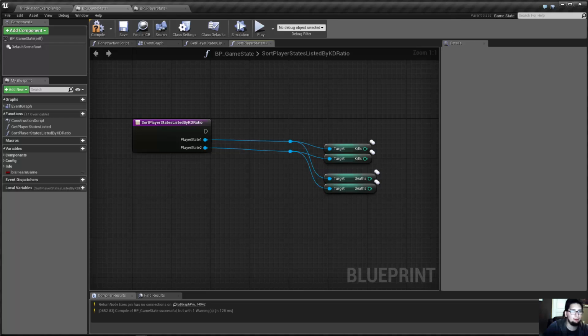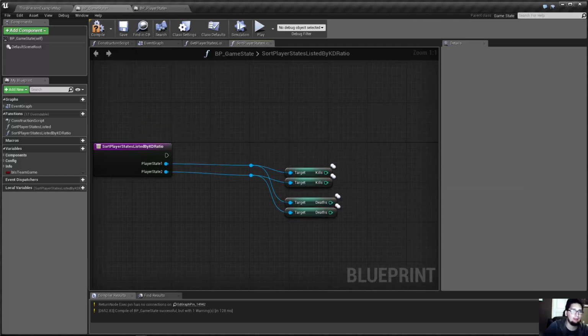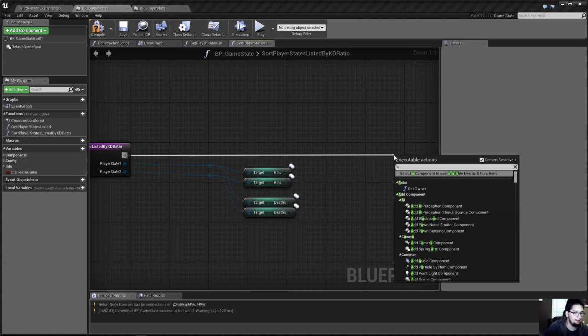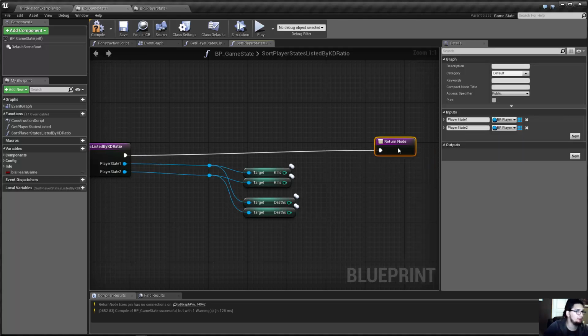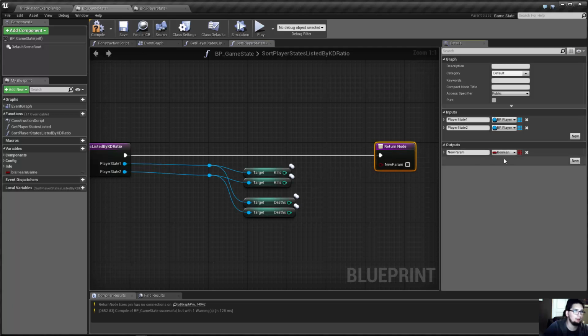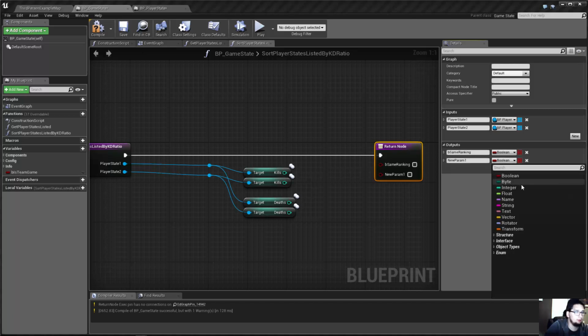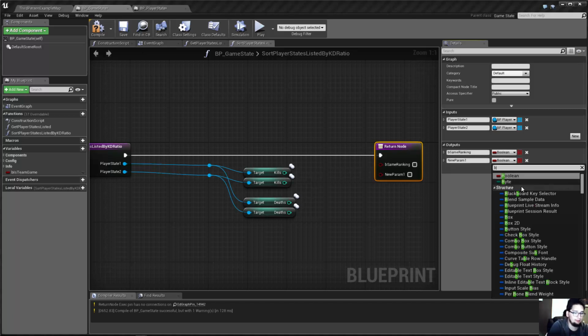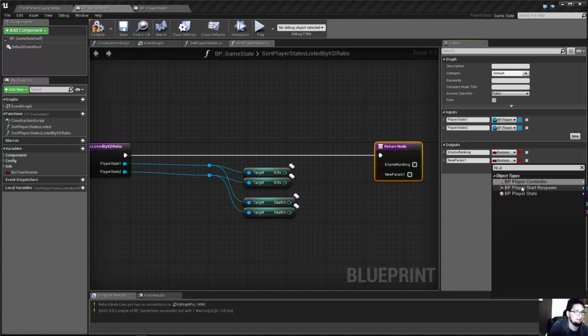Alright, so what we need to do, we need to select a player state. Because remember, this is a loop inside of a loop where we are comparing player states to rank them. So what we are returning, so if we go over and add a return node, should make a key for that. We're going to return the results. Of course, they can be the same, so we need a variable, be same ranking. So that would be if they're tied, and then we'll want to return a BP player state